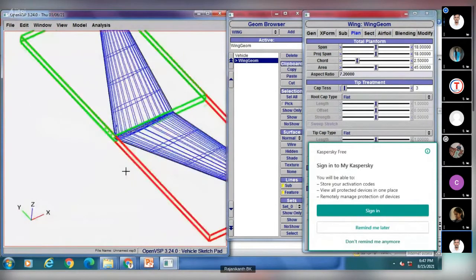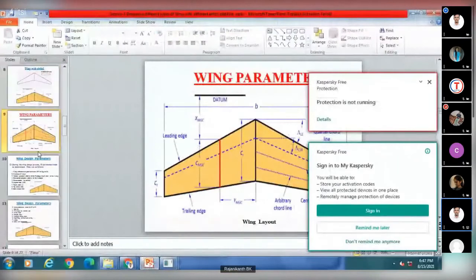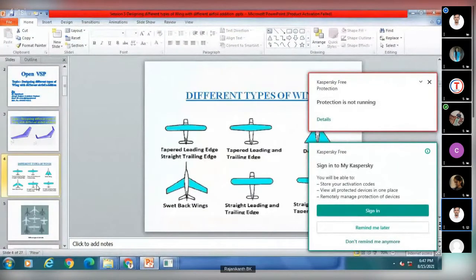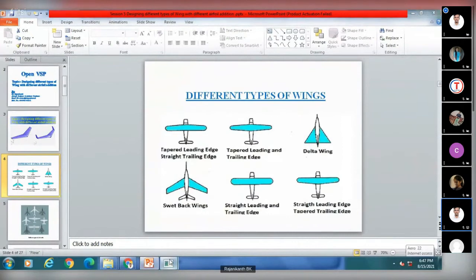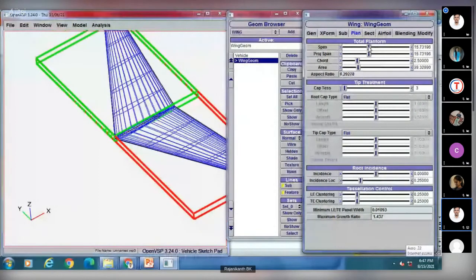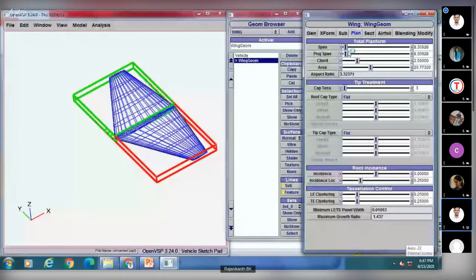I mean, we will change its parameters and try to achieve this kind of wings. First we will do delta wing.